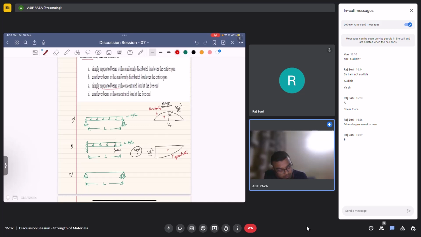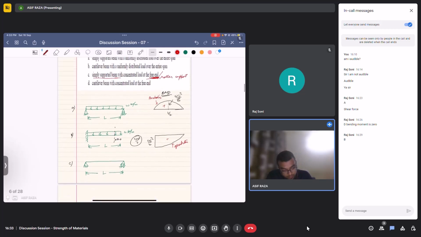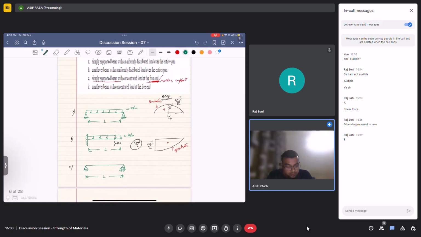Simply supported beam with concentrated load at the free end. I think it should be at the roller support, because there's no free end in a simply supported beam. So if I take the simply supported beam with concentrated load at the roller support,